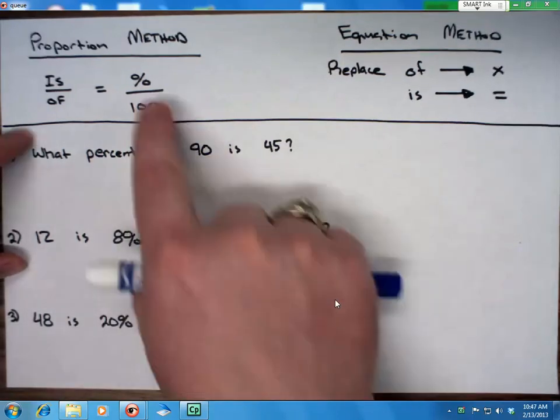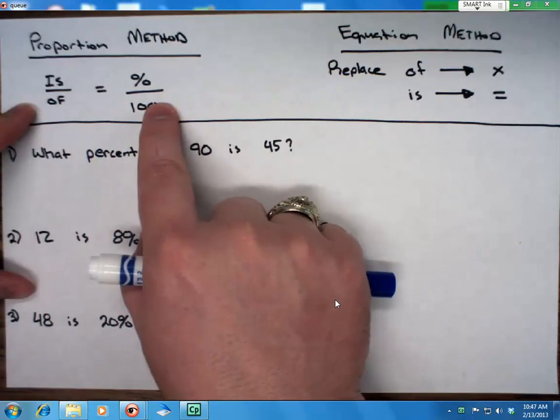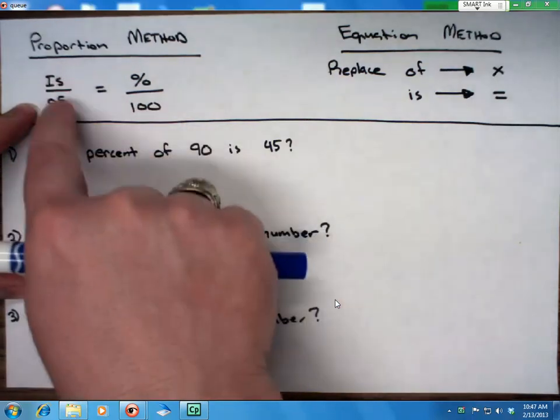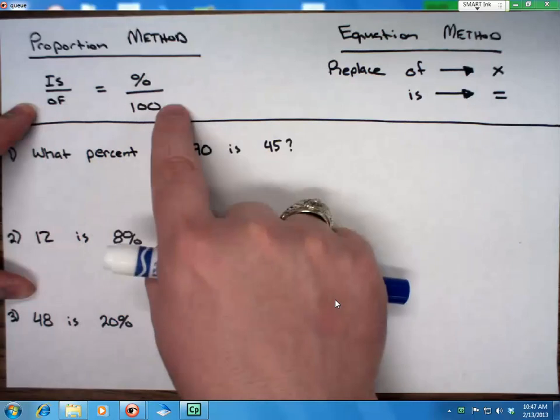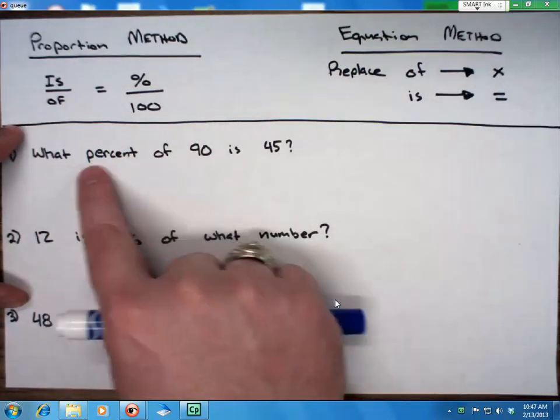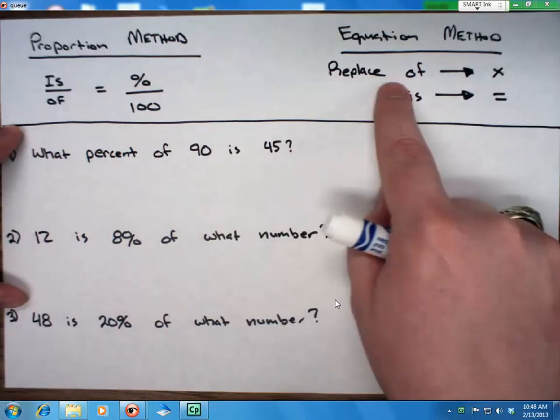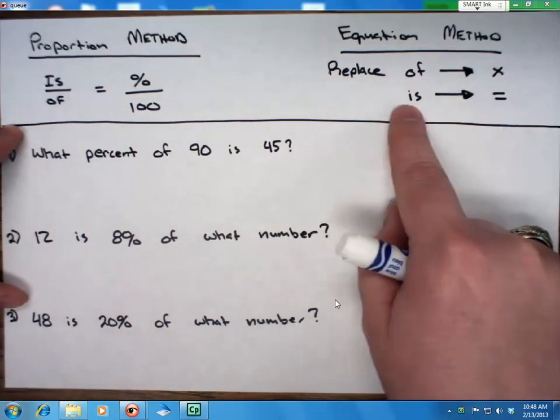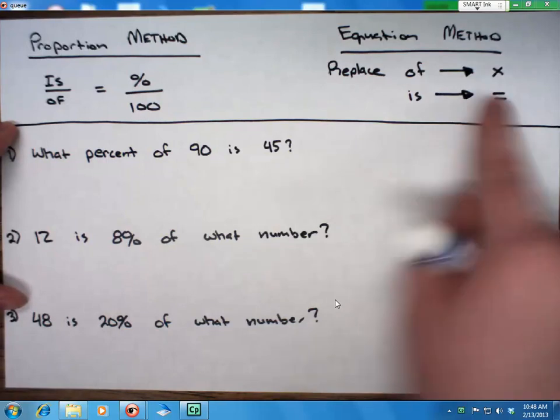Now, our proportion method is what we've been doing the last 2 days. Is over of equals our percent over 100. The equation method, basically we're going to take this word sentence right here and replace the word of with multiplication and the word is with equals. Okay, so let's first take a look at